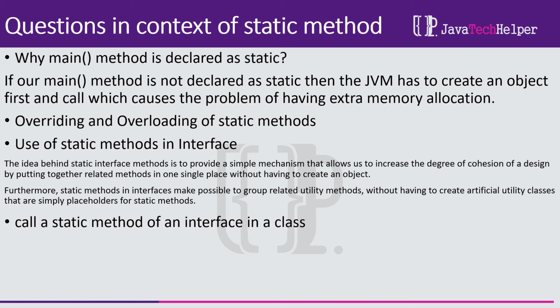The common functionality, like utility class functionality for which we used to create utility classes, we can have inside static methods of an interface, and for those we implement in the child classes, we can just keep the declaration. Calling a static method from an interface is similar to how we call it from a class. For a class, it is ClassName.methodName. In the same way, you do InterfaceName.methodName. So there is no difference in that.